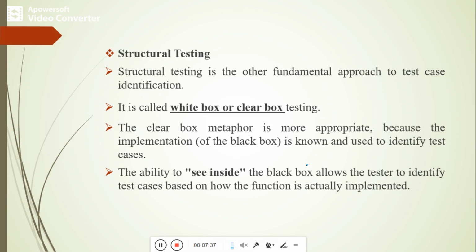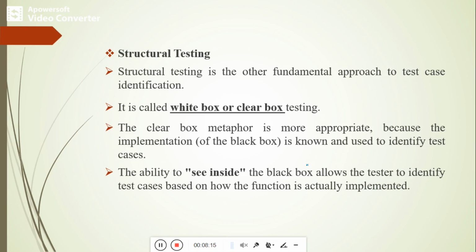Why do we call it clear box or white box? Because the implementation part is there. As compared with black box testing, that implementation part is visible to the tester, so he can see how they have implemented it and write the test cases based on that. He can see what is inside the box, what coding technique they used, how many lines of code there are, and how the data flows in the program.